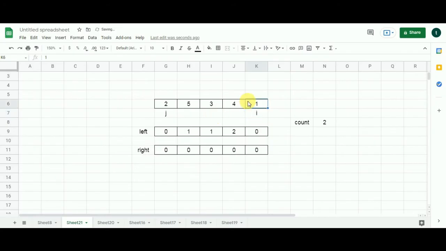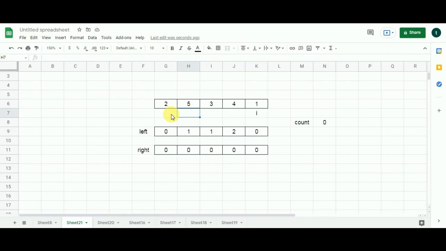The value over here is 1. I represents 1 and j represents 2. Let me first clear the count variable. Now, is 1 greater than 2? No, it is not. So this variable stays as it is. The default value is 0, and it is obvious, that is why I didn't write it in the previous cases.